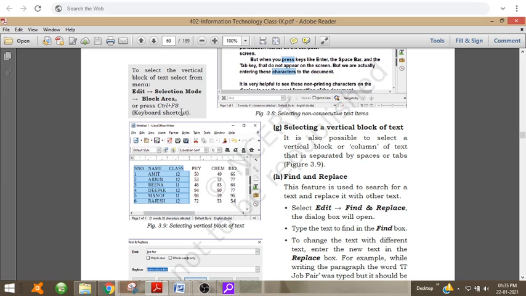F8 is a function key which will be on the top of the keyboard. There are 12 function keys, and you have to use the Control key and F8 key simultaneously. Then you can select vertical rows without selecting the other things that are present here.